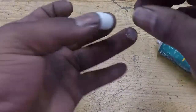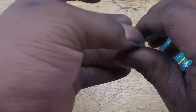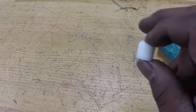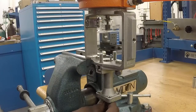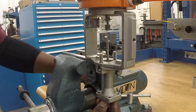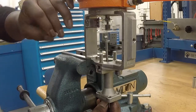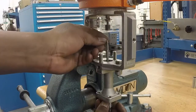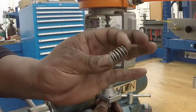Before installing the new packing set, it is recommended to apply a small coating of lubricating compound suitable for your application to the Teflon packing. Insert the new stem through the bottom of the bonnet. From the top side, install the packing washer, packing springs,